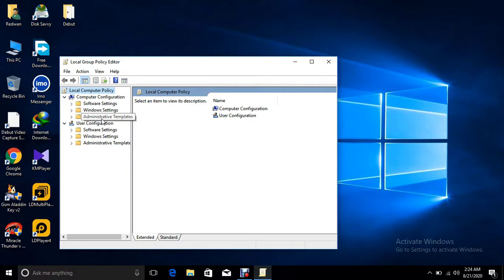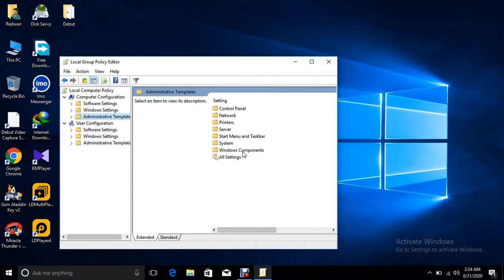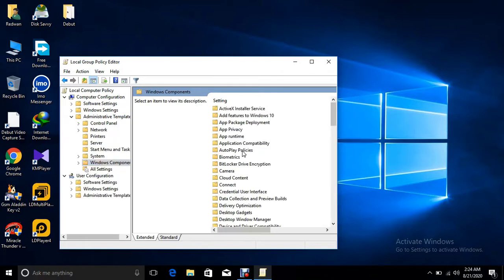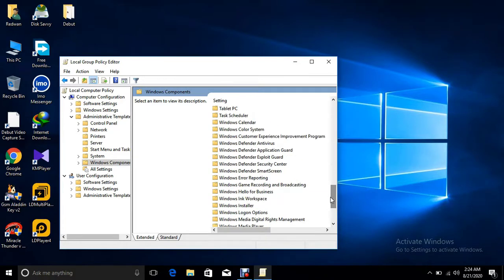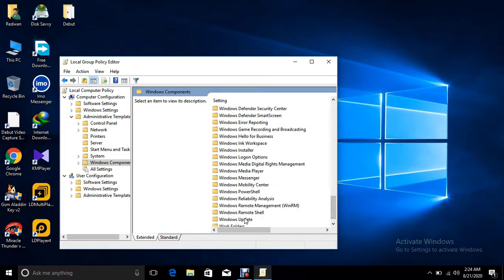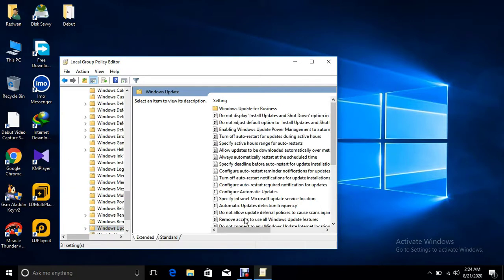Administrative Templates. After that, Windows Components. Here I will search for Windows Update. Here Windows Update, okay, I will press that.